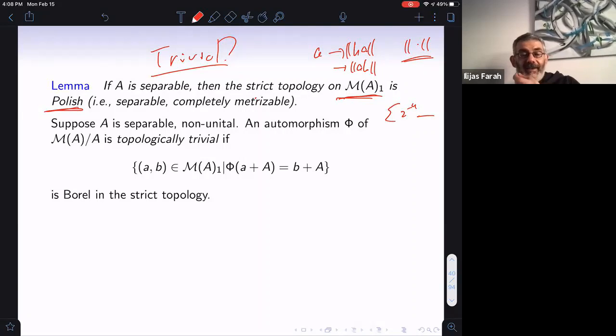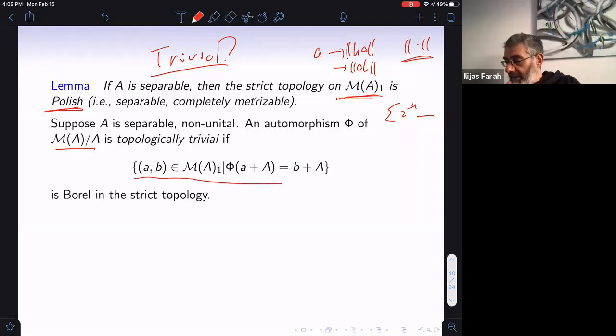I should say that there is a horrible mistake in my book. M(A) itself is not Polish. It is the unit ball that is Polish. If you look at the lemma where I'm claiming that M(A) is Polish, it's actually proving that the unit ball is Polish. Now, once you have a nice topology, then sets which are nice with respect to it are going to be well behaved. So if A is separable and unital, we say that an automorphism of the corona is topologically trivial if